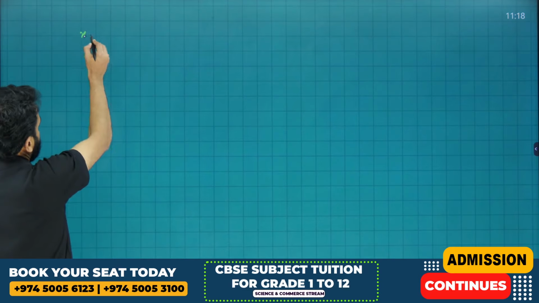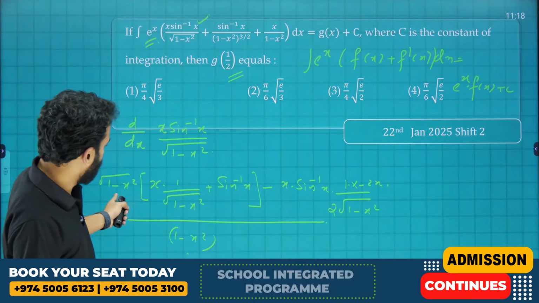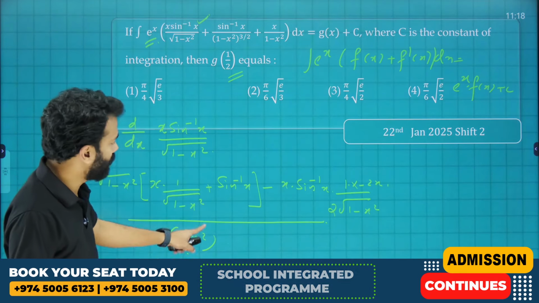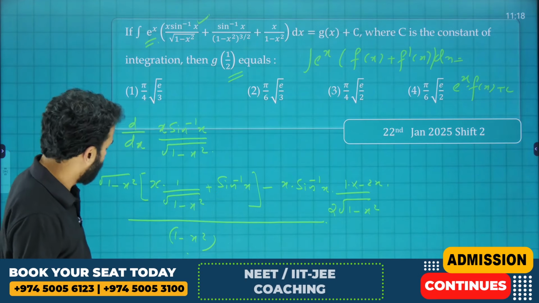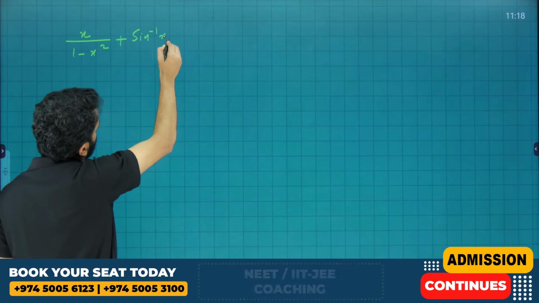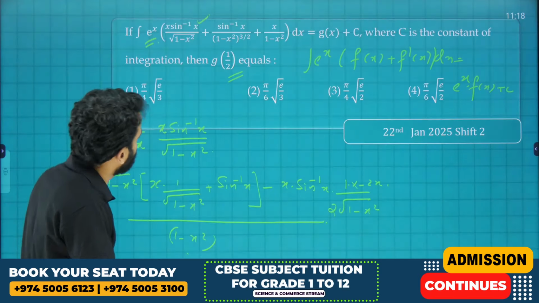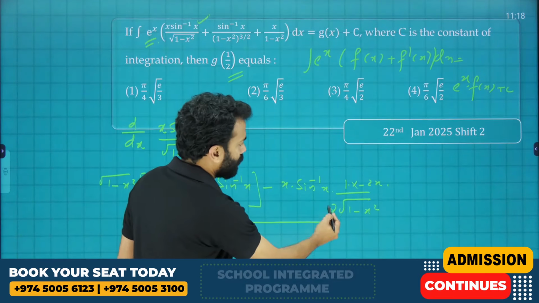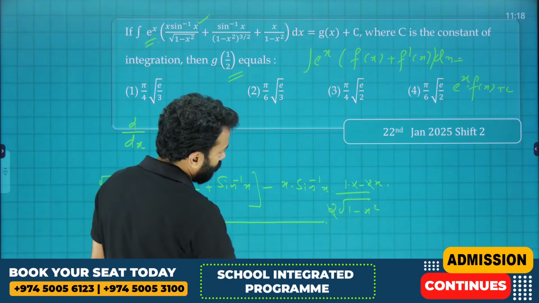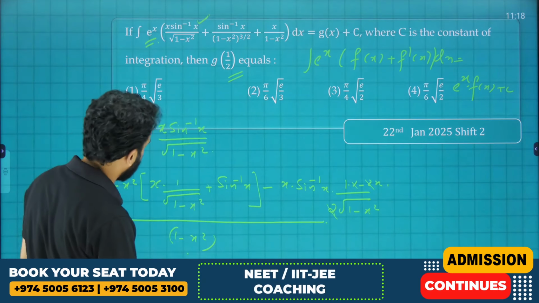Therefore, we can write here x by 1 minus x square, and root 1 minus x square into sine inverse of x divided by 1 minus x square, that will be sine inverse of x divided by root 1 minus x square, plus sine inverse of x divided by root of 1 minus x square. See, this 2 and this 2 got cancelled, and minus into minus becomes plus, and x square sine inverse of x by root 1 minus x square into 1 minus x square,